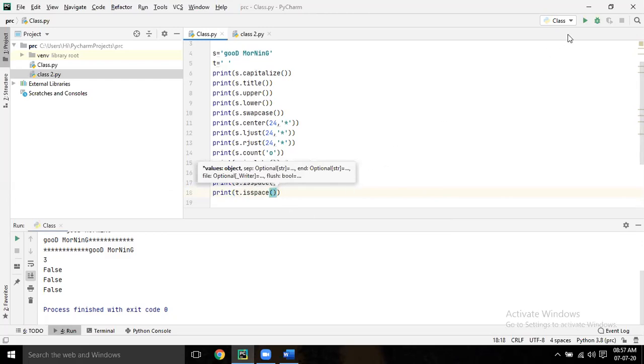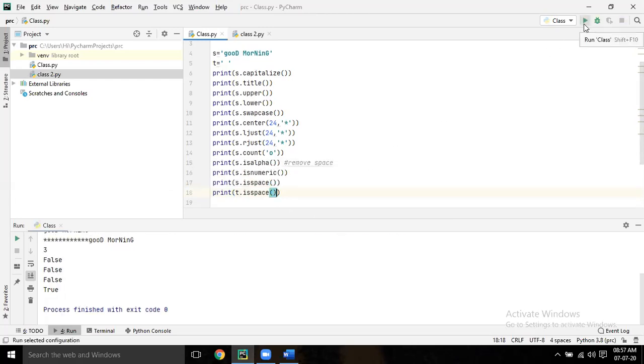Run it. So now it is true. Like that, isupper, islower, istitle, so many are there.